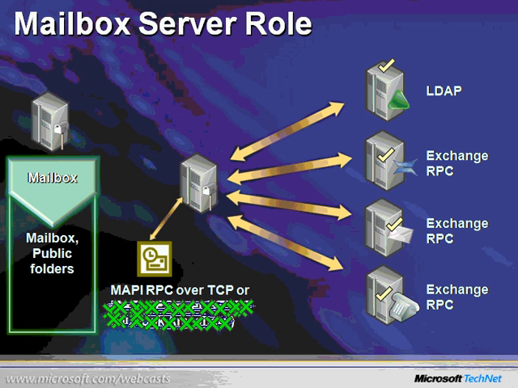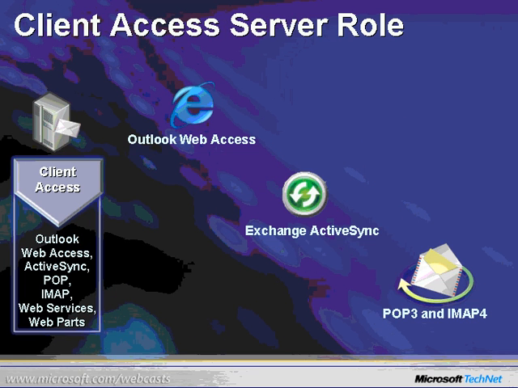So I'll get into that more when I actually get into the server slide. But know that there are different aspects of communications that take place between my mailbox server role, my directory services, my Hub Transport, my client access, and then of course unified messaging if you're using that. So if we take a look then at my client access server role,